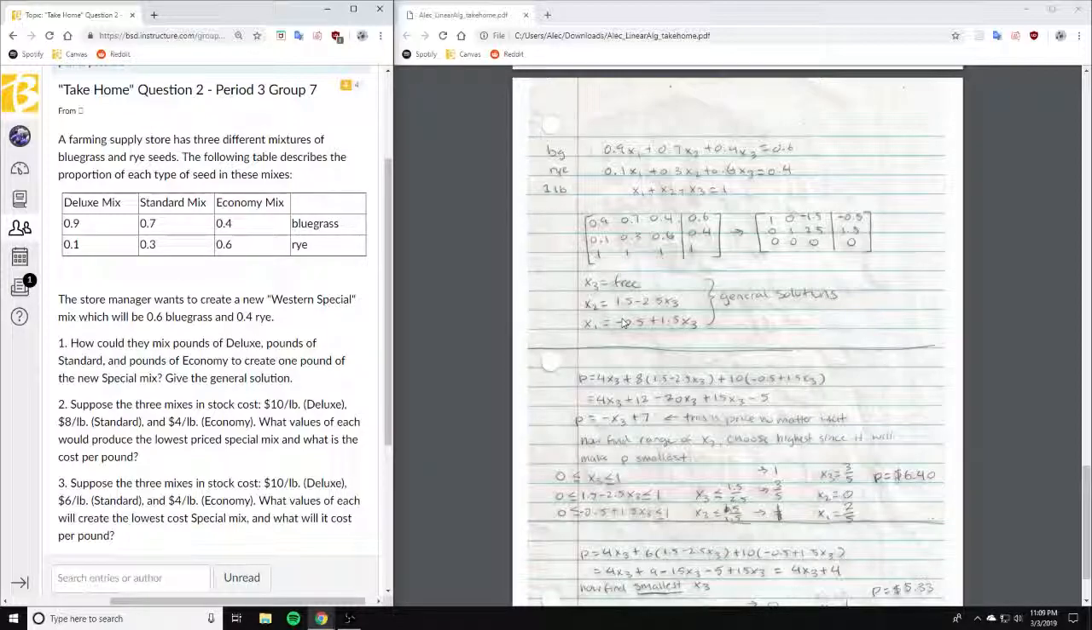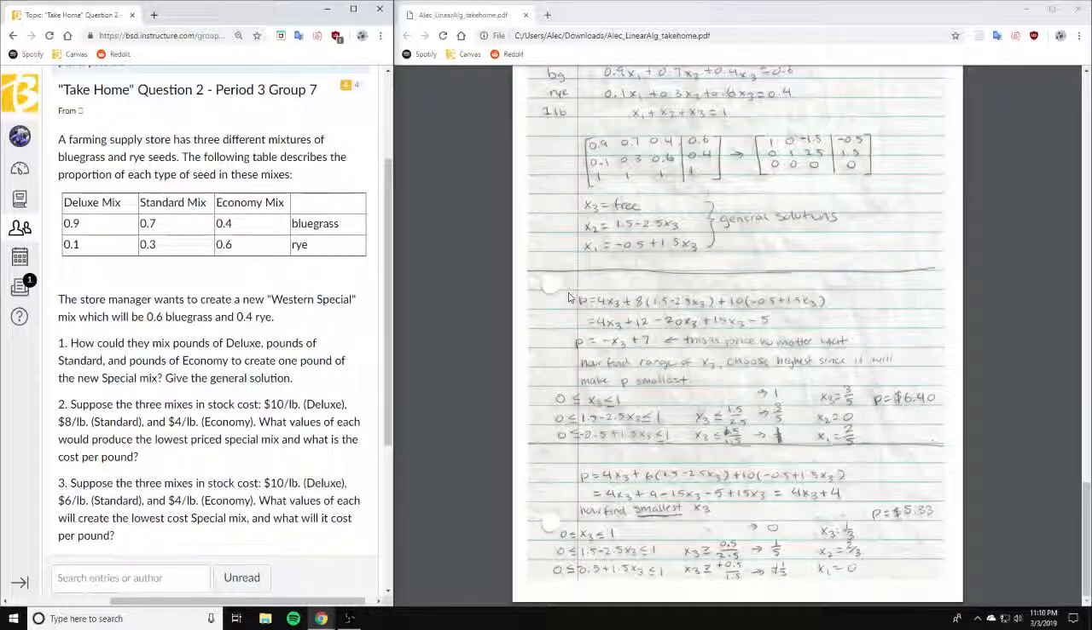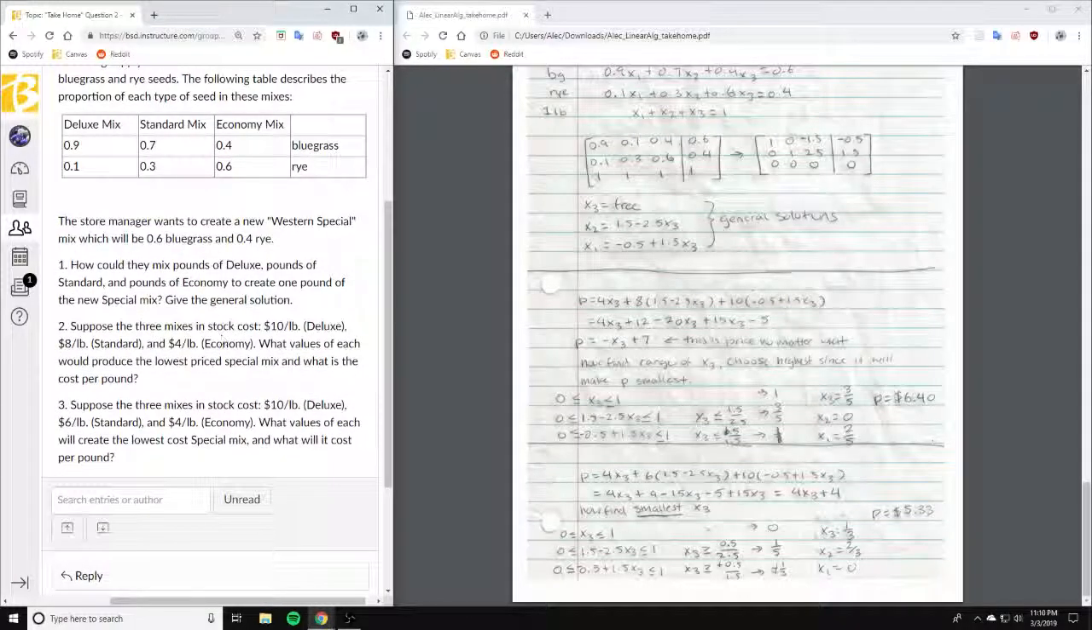So x3 is free, x2 equals 1.5 minus 2.5 x3, and x1 is negative half plus 1.5 x3. So these are the general solutions of x1, x2, x3 based on this free variable of x3. So we can set any of them as free, but as you can see in my explanation, x3 is the best one to set as free. So this will help us in the next two questions,